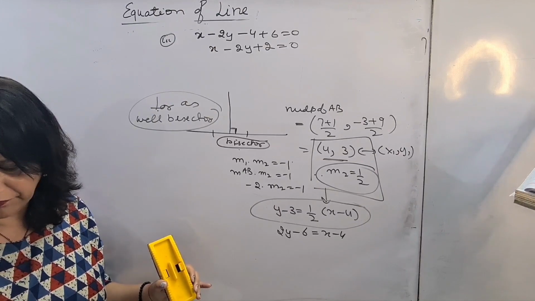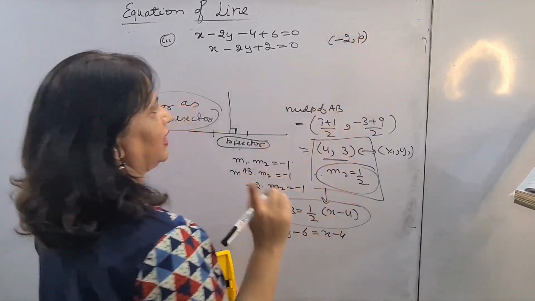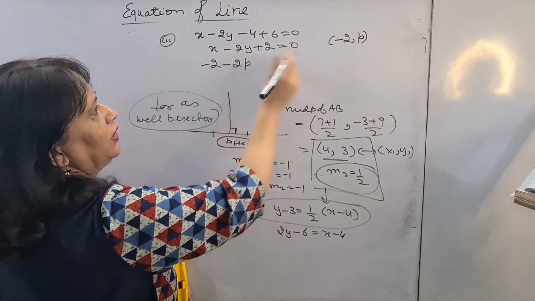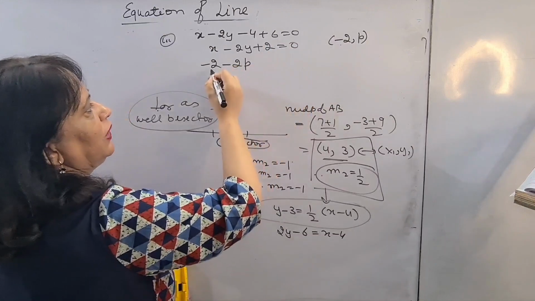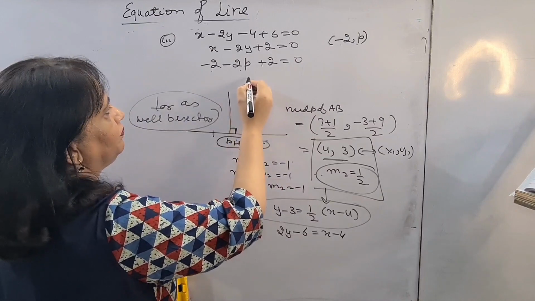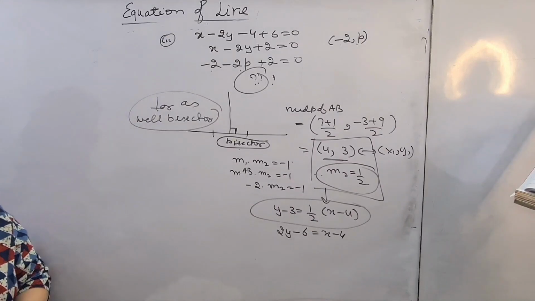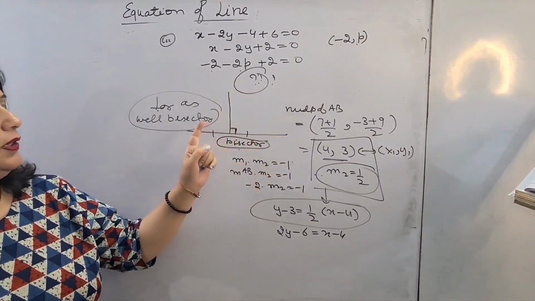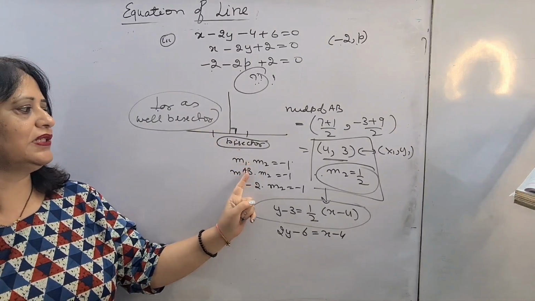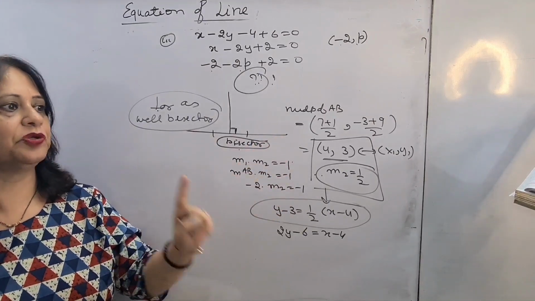So I have to find the value of p if (-2, p) lies on it. Lies I have told you in the first exercise. Lies means in place of x you will put -2, in place of y you will put p. Abscissa in the place of x, ordinate in the place of y, plus 2 is equal to 0, and do the needful. Whatever, that is your answer. So lies means it is lying on the equation. See, I took the midpoint, bisector means midpoint, and perpendicularity means m1 into m2 is equal to -1, and I hope that both the concepts you have understood very nicely.